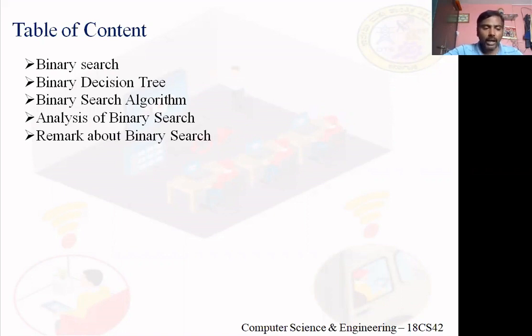But apart from concluding unsuccessful search, you need to tell me how many comparisons have been made to conclude unsuccessful search.